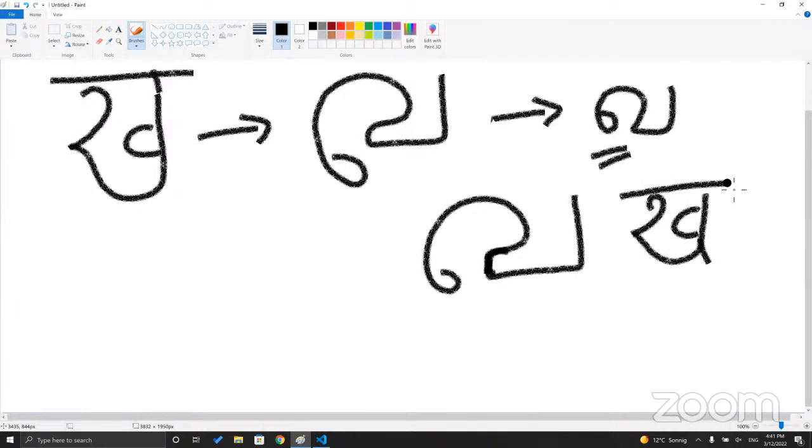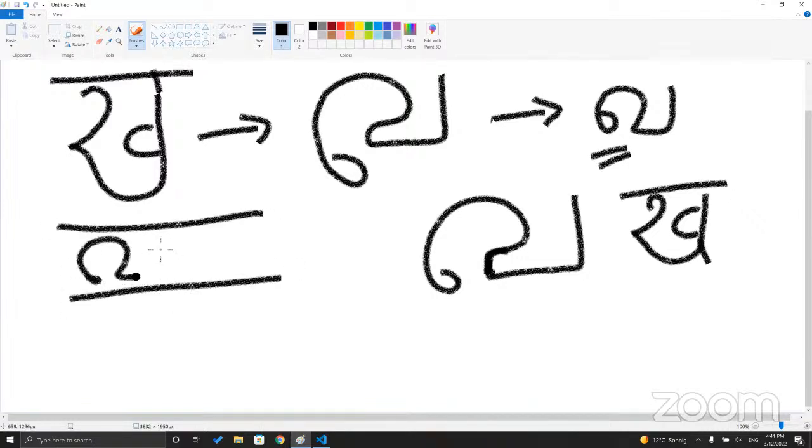And I personally try to make it a bit different from va. If I have a line here, my face is my line, and this is a va. I dip the nose beneath the line to make it look different. You can also do that, that's fine, to make it different from va. I do that because it looks so different from va. But in print, it's most common to find it